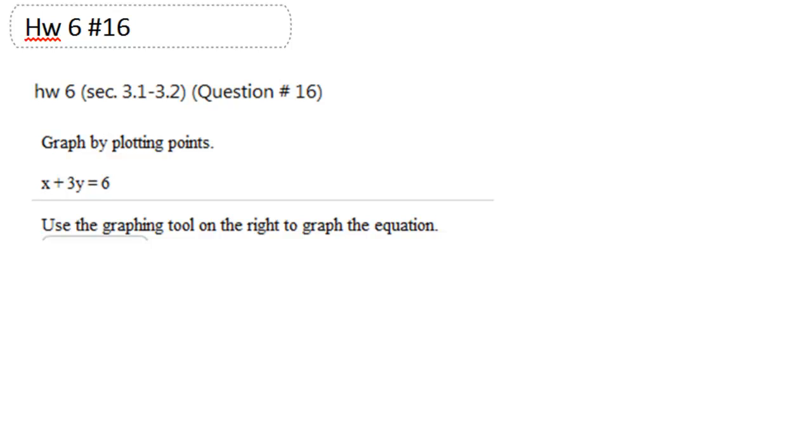So to work this problem, what I would recommend is, it does say that you should plot some points. So making a table is a good idea. Some students like to rewrite the equation in slope-intercept form. And if you do that, in this case you will get a fraction for the slope. So it makes it a little bit tougher to graph necessarily. But kind of looking at this equation, what I would recommend is that you use the intercepts to graph this